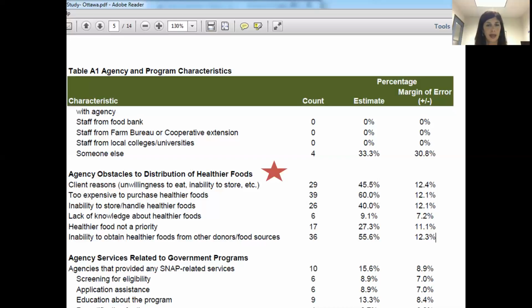And so one thing that we've worked on as a food council is bringing those agencies together and asking them more questions and trying to get to the bottom of why these things aren't happening. And again, most of the same things that came out in the survey is what we heard face to face when we talked with these pantries. But it really impacted our group. We were able to secure funding to start a Holland Food Depot. So now our United Way is funding once a month a truck from Feeding America West Michigan to come to the Holland area